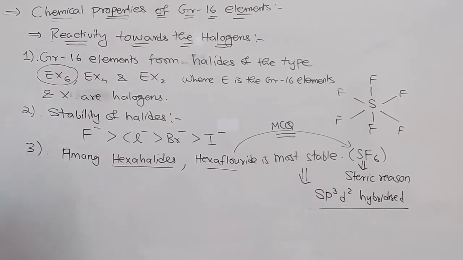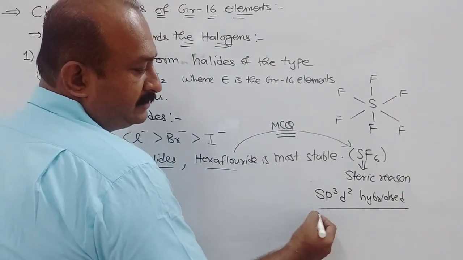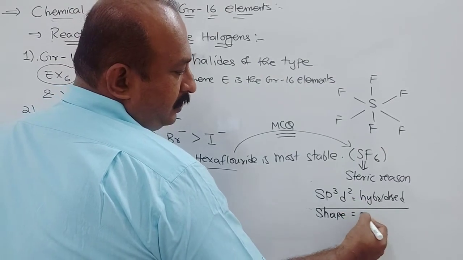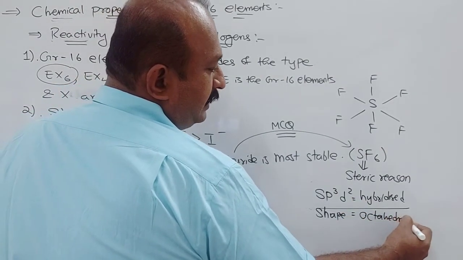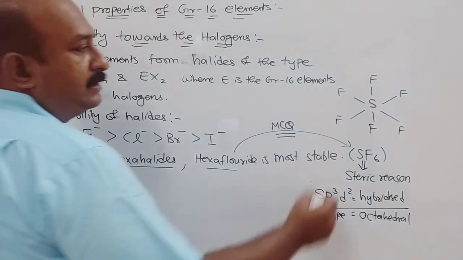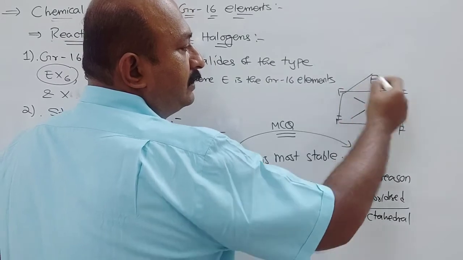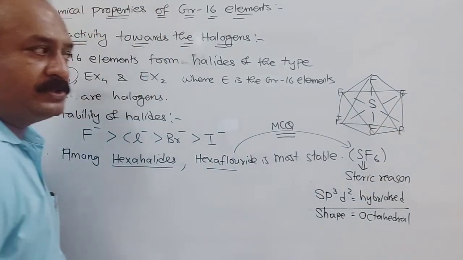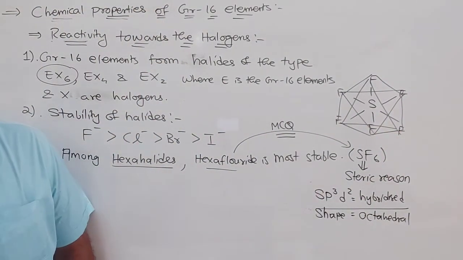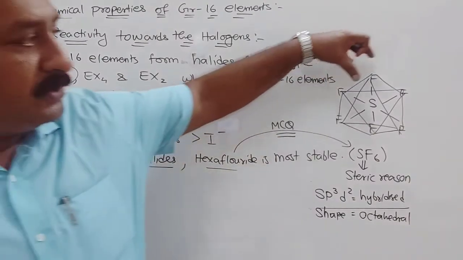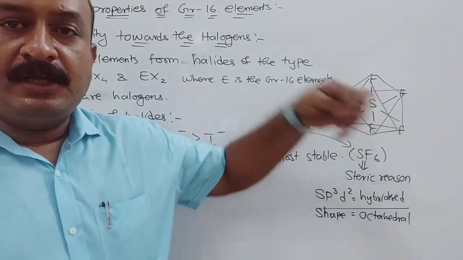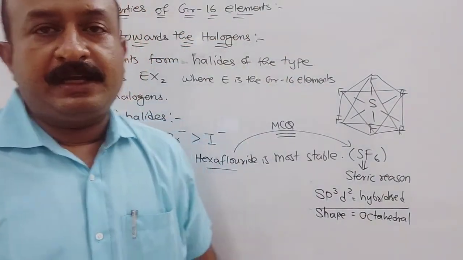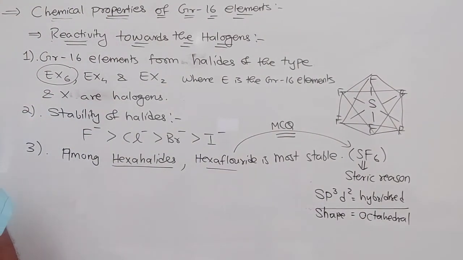Another thing given is the shape. So after hybridization comes the shape. If it is asked, you can write octahedron. Understood? This octahedral shape you can remember and draw like this: 4 on the top, and these 4 you can connect at the bottom like this. So this is how it forms an octahedron, with 8 faces. On the top there is a 4-sided pyramid, and on the bottom a 4-sided pyramid. Like that the octahedral shape forms. SF6 I am talking about.